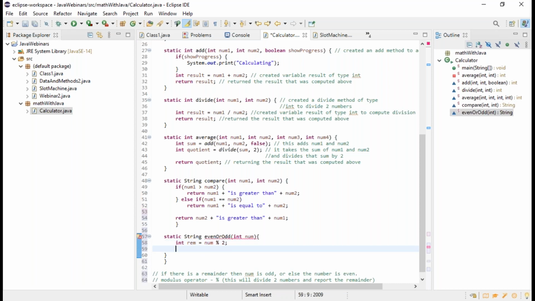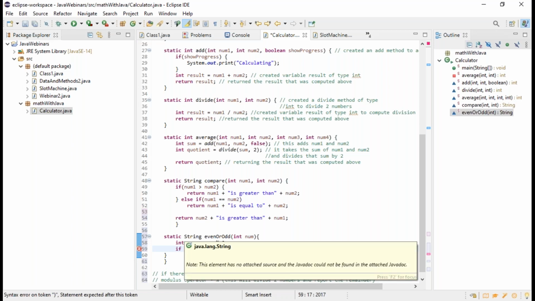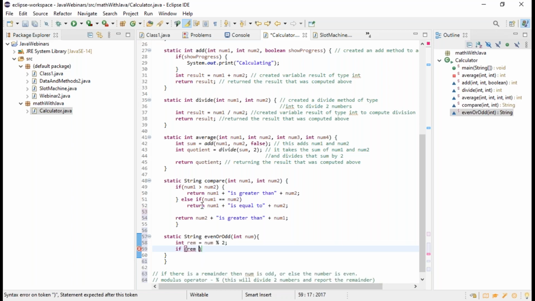And then we're going to say if rem is not equal to, so if you remember the operator for not equal to, it was the exclamation and the equal sign. So if it's not equal to 0,